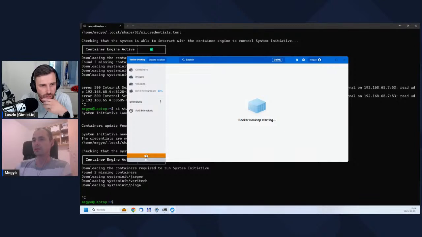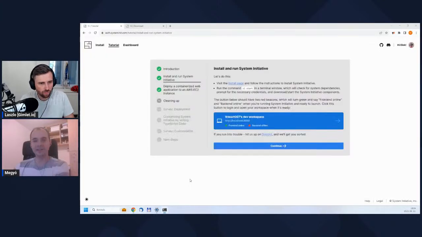Yeah. So what's going on with Docker? I don't know. Maybe let me try to clear my whole WSL and then do a complete WSL restart.